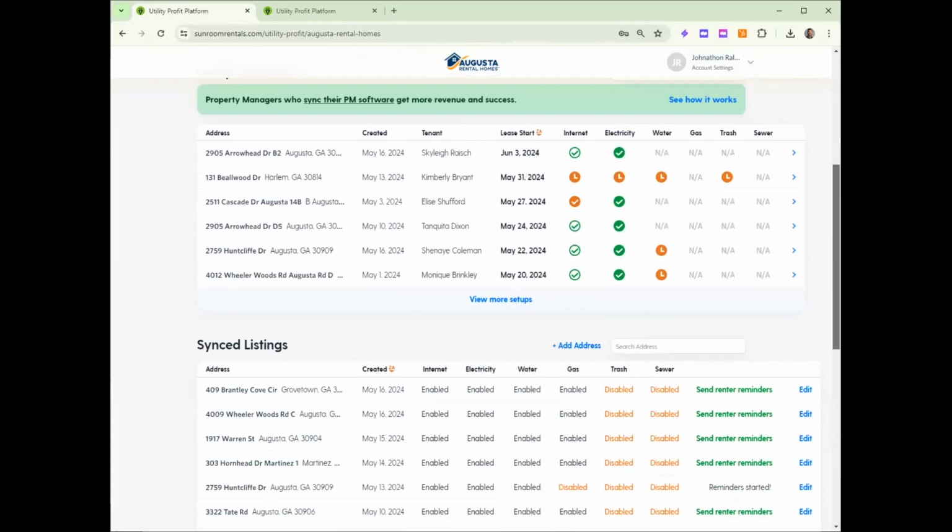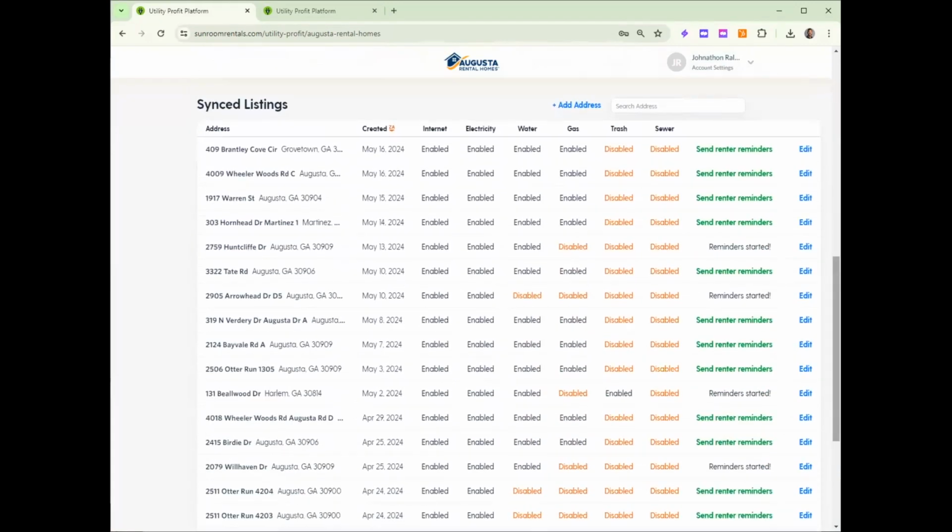Now let's go ahead and jump down to the synced listings section of your Utility Profit dashboard. Whenever you went through onboarding and you input your vacancies URL, this automatically synced your Utility Profit dashboard with the synced listing. So you'll notice your listings living in this area here. You'll also notice that trash and sewer are automatically disabled. This is usually because trash and sewer are roped into one of the other providers, but it's very simple for you to go in and enable that if the provider is different from any of the other electric, water, or